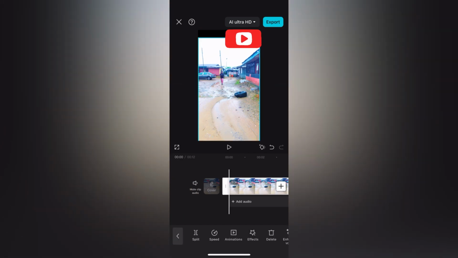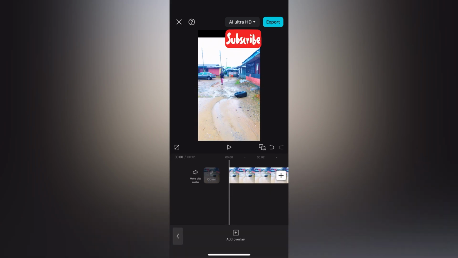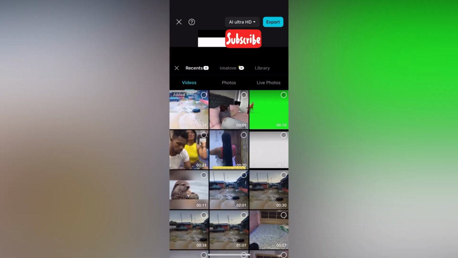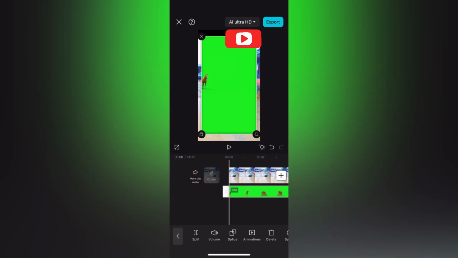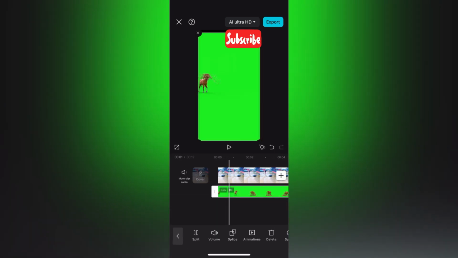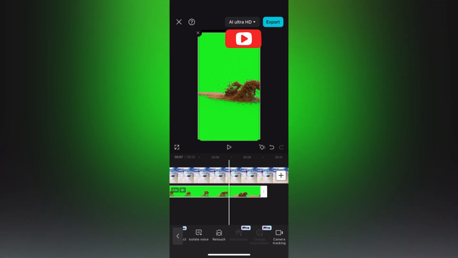I'm going to click on overlay so that I can bring the green screen of what I want to use. So this is it. I will click on import so that I can import my own green screen. You can use lion, you can use elephant, you can use anything. Just get the green screen. You can get it from TikTok or any other place. Alright,